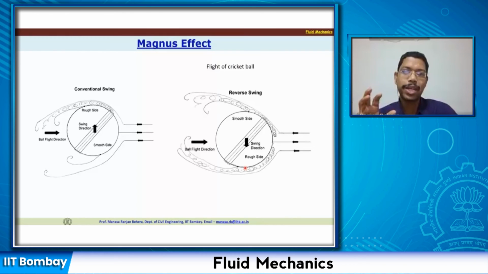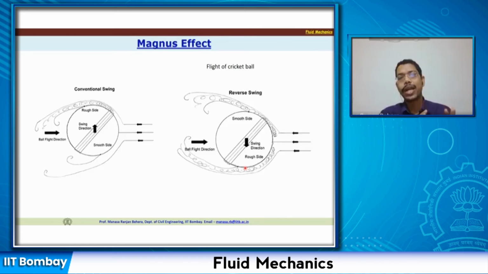Most of the time you might have also observed that one side of the ball is roughened by scrubbing it with their pant or with their shirt. So they just try to rough it up so that they can generate this kind of swing or difference in the bowling. They don't rub it on both sides, because all of the players know, they first observe which side is actually rough and they try to roughen it further, but the smooth side is left as it is. But as the match goes on with the play, both sides may get some roughness gradually, so things will change as the play goes on. All right, so that's all about this lift concept.